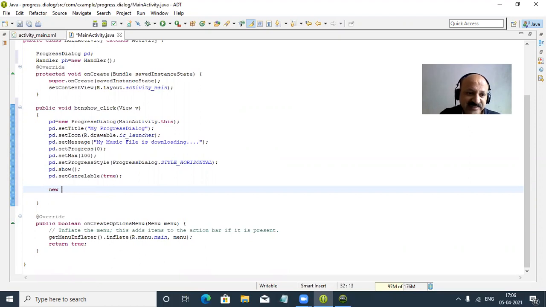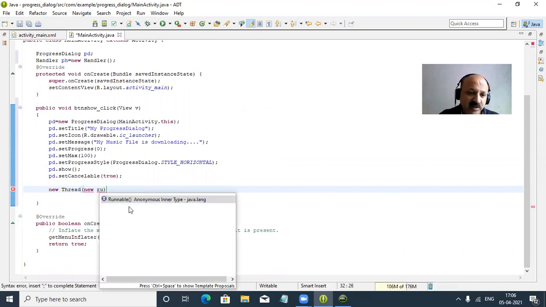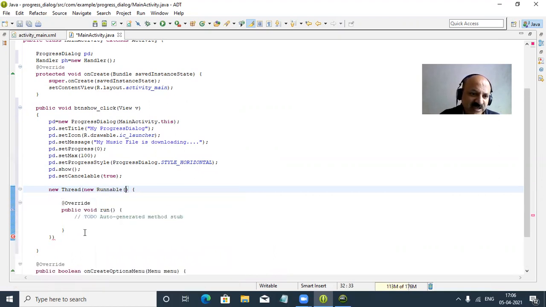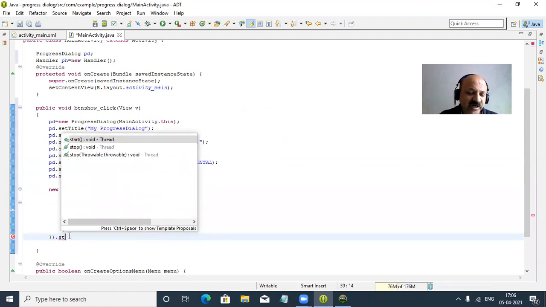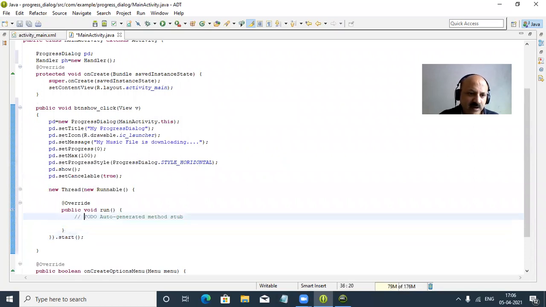So we can use the same Thread class with a nameless object, and in the constructor we can call the Runnable class, an anonymous inner type. So in the run method we can directly say start. So the thread is started, and now what to do?